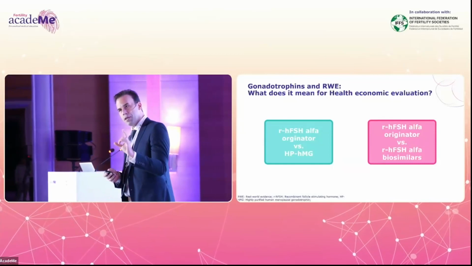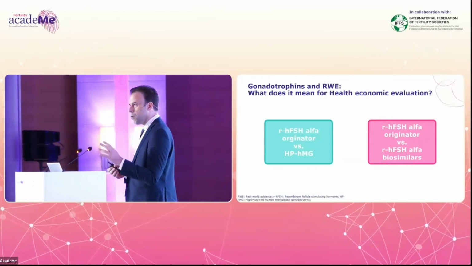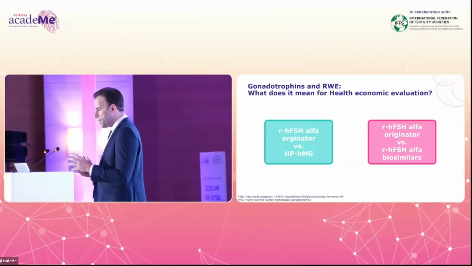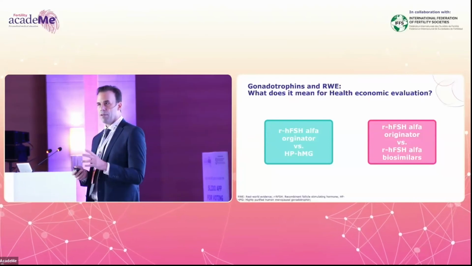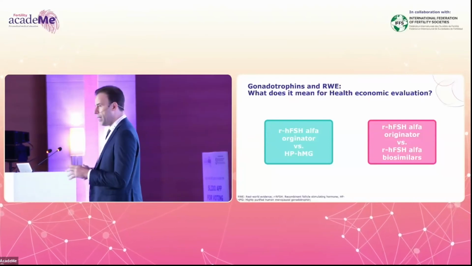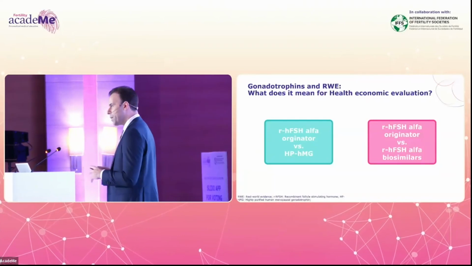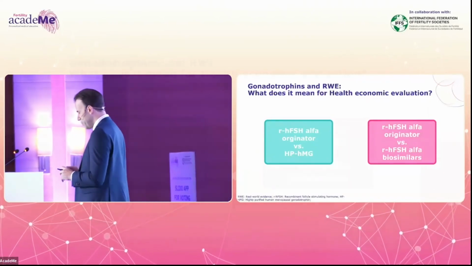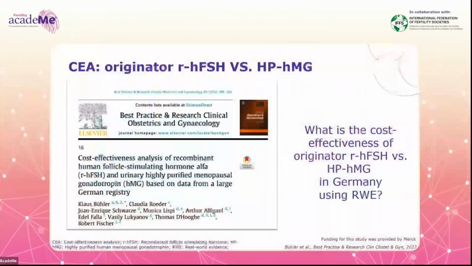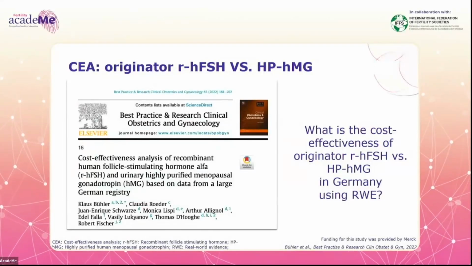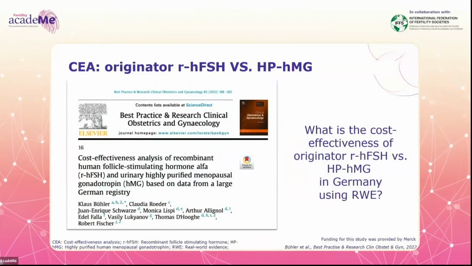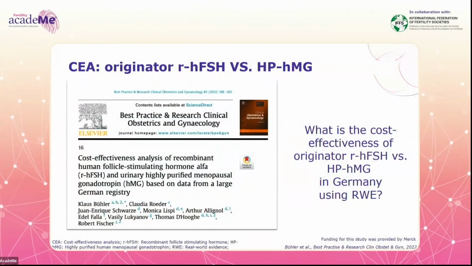So we'll be focusing on two examples: a comparison between recombinant FSH alpha, the originator, versus highly purified HMG. And of course, we'll talk about folitropin alpha originator versus biosimilars. So starting with the first question, this is a cost-effectiveness analysis that was recently published by Klaus Bühler, again as